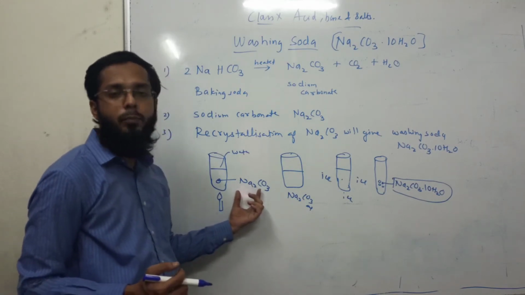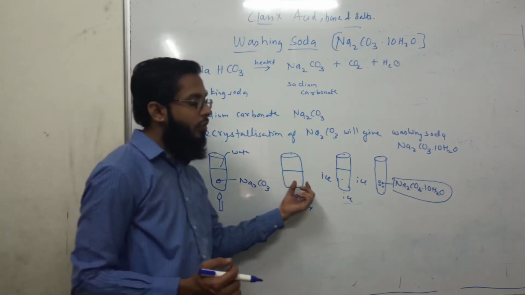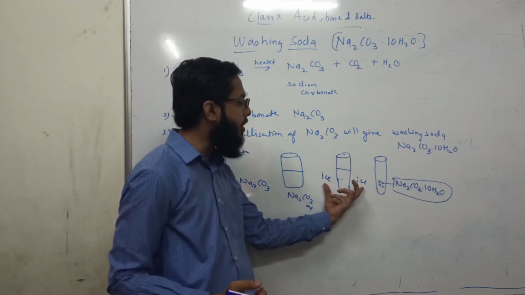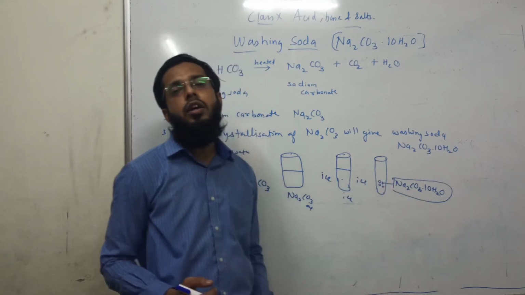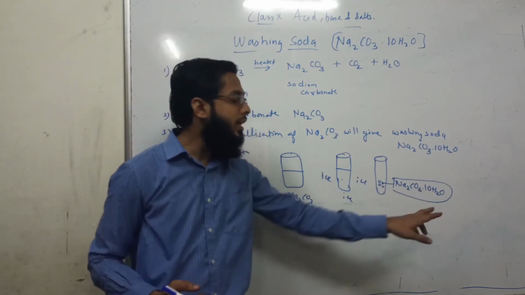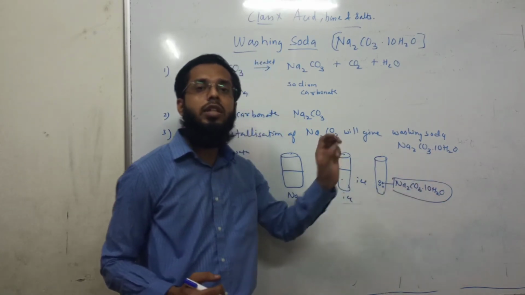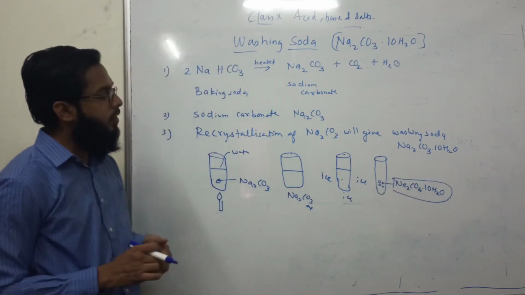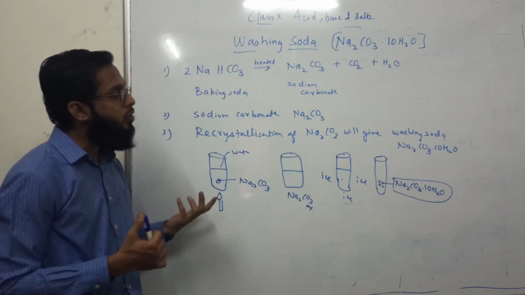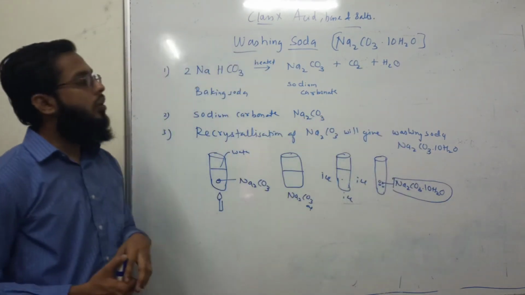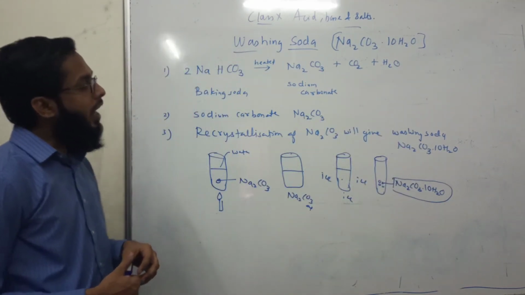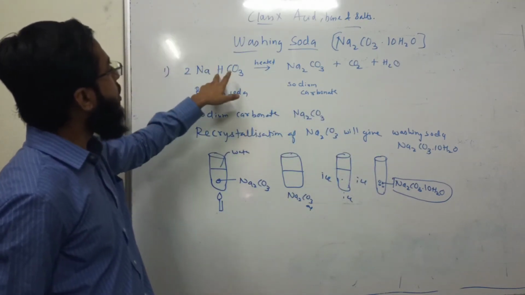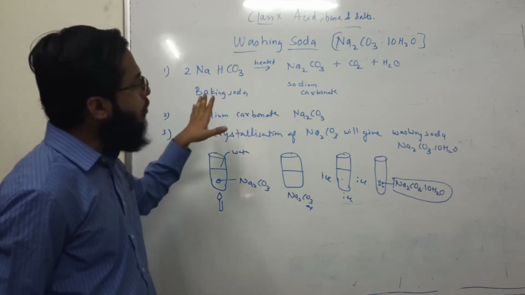This was a solid compound which was not a crystal. But when we form crystals in the laboratory, we dissolve in water, we heat up, then all of a sudden we cool it. So the crystal formed has a fixed number of H2O molecules, known as water of crystallization, which is required to form the crystal. So this is washing soda. This was about how washing soda differs from sodium carbonate. Sodium carbonate is formed from baking soda, which we have formed from NaCl. Now both are used in industry.